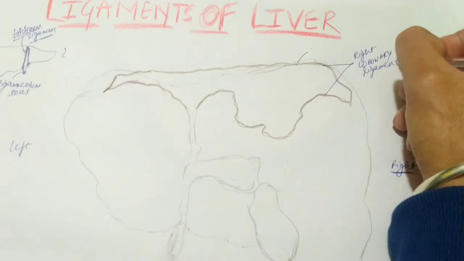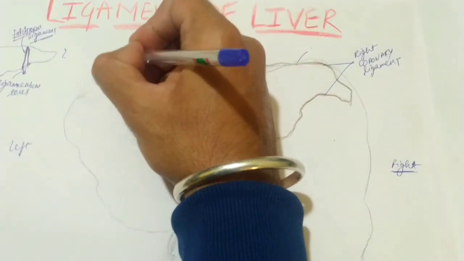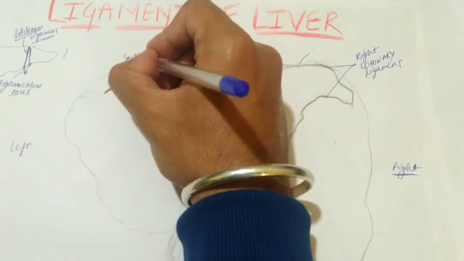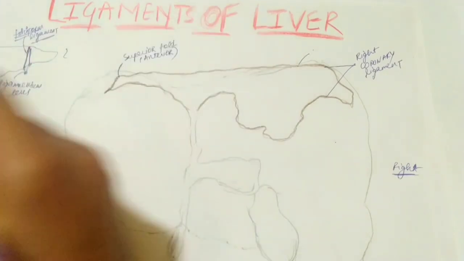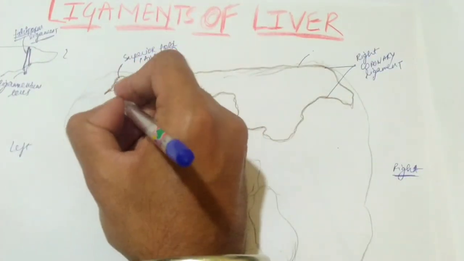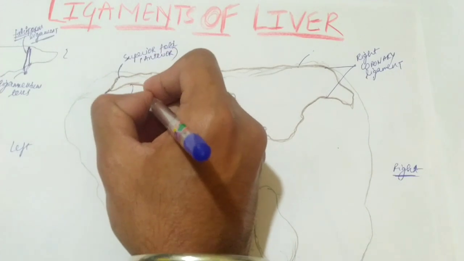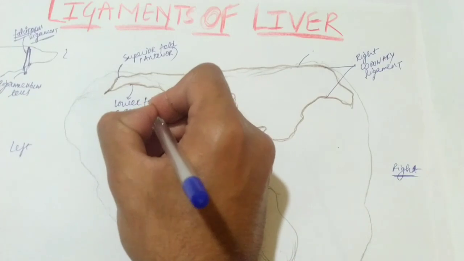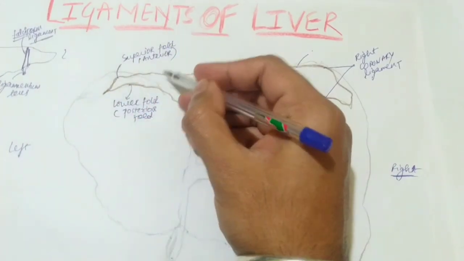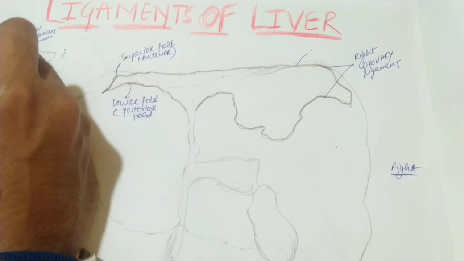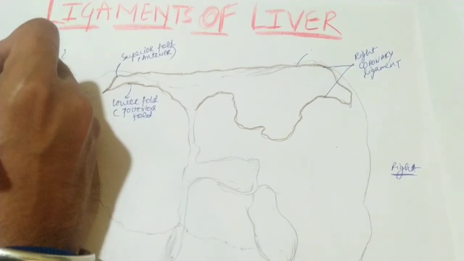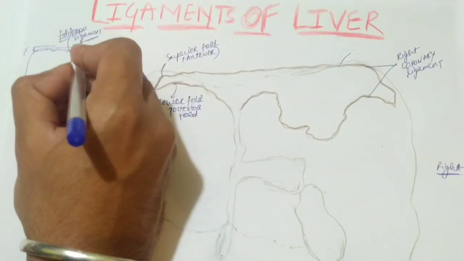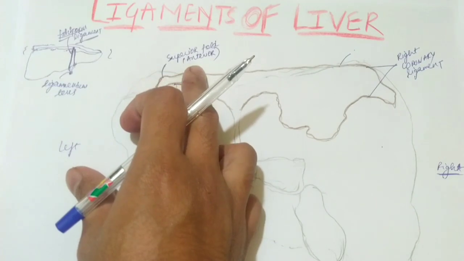And this ligament has two folds. So this fold is your superior fold, you can also say anterior fold, okay? And this one below is your lower fold, or you can say posterior fold, okay? So these are the folds. This above one you can see from the diaphragmatic surface also, it goes like this, okay, like this. And this one is on the posterior aspect, and this one is the anterior aspect, like this, okay? So on the anterior side you can see your anterior fold here, okay?